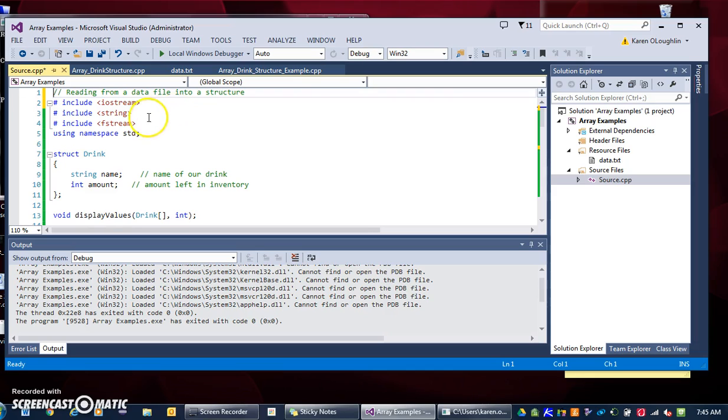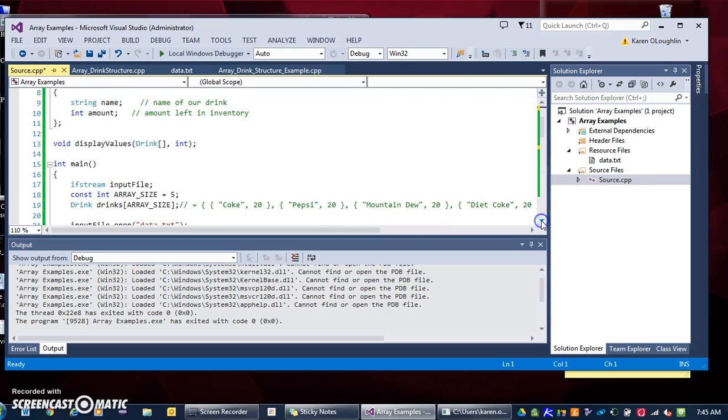So first of all, we need to do pound include fstream. That's going to tell us that we're going to be working with files. It's the same drink structure that we used in our previous videos, and I haven't changed the display method at all. What you do need to do when you create a data file, or when you read from a data